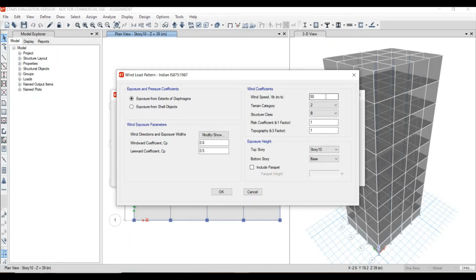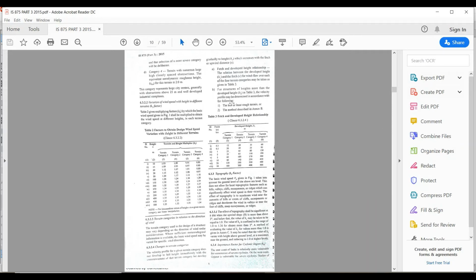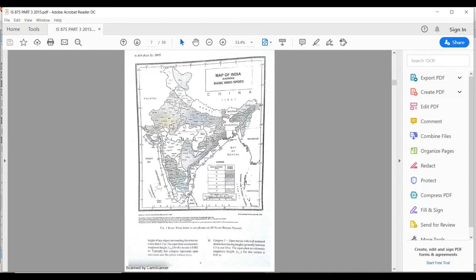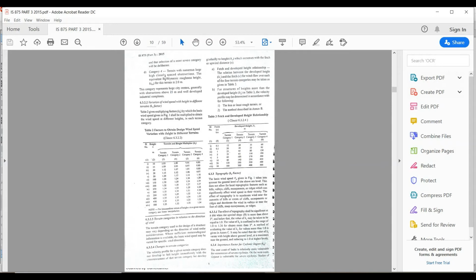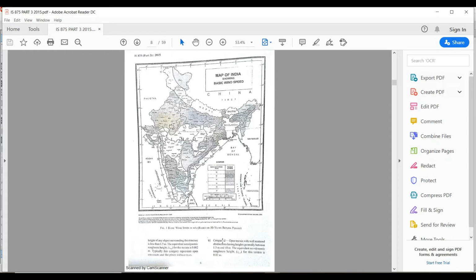So wind speed. In IS 875 part 3, we will be having different wind speeds for different specific regions. So let us assume this is in Bangalore city. For Bangalore city, the wind speed will be 33. And the terrain category, generally we will be having 3 terrain categories based upon IS 875 part 3. These categories will be based upon the obstructions near the structure. So check in the code in which category the building is going to fall, category 3, category 2 or category 1, based upon